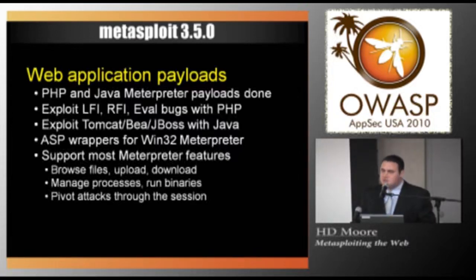We have the ability to generate ASP scripts directly from Metasploit. You can generate VBA files, you can generate DLLs. There's a billion ways you can wrap your payloads. But now that we actually have real application payloads, we can go a lot further. So if we can exploit a directory traversal bug in, let's say, Cold Fusion, we can now use that to upload a CFM file with a payload on it and now get a shell through the Java side, through the Java Meterpreter. So it's all about finding better ways to leverage web application vulnerabilities,